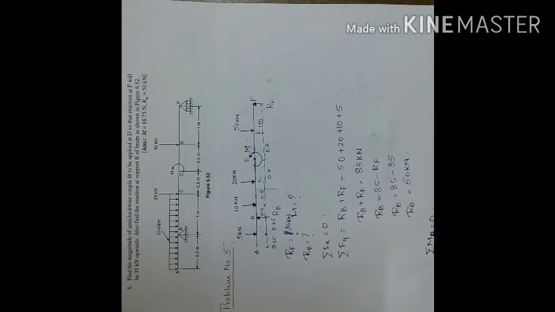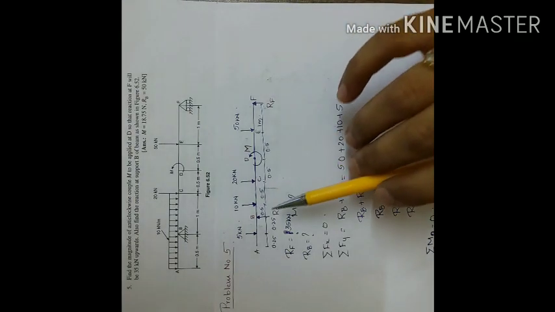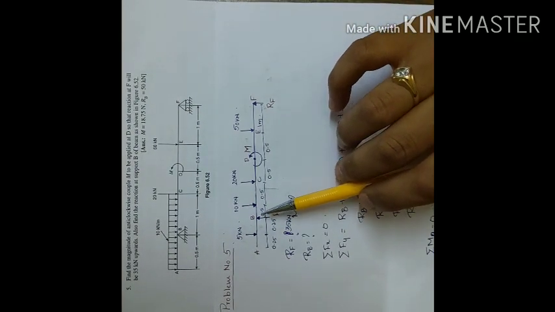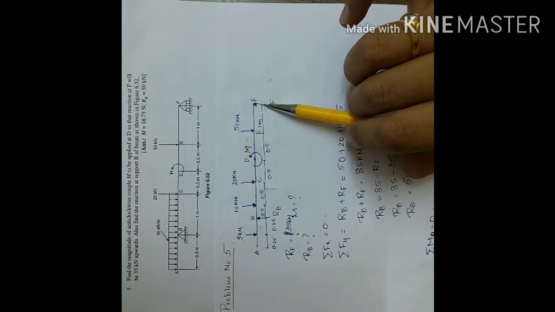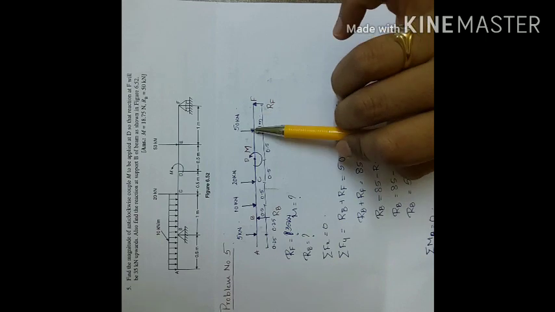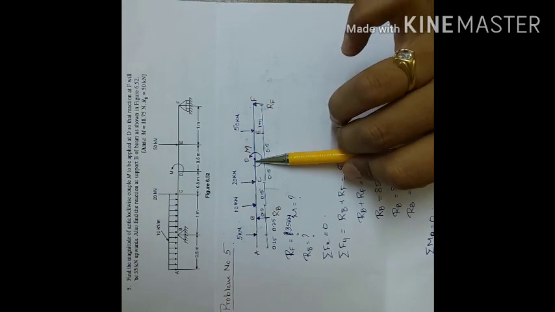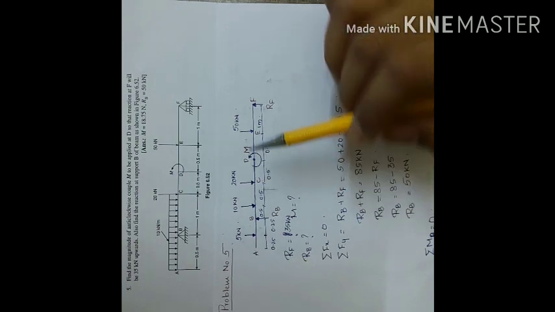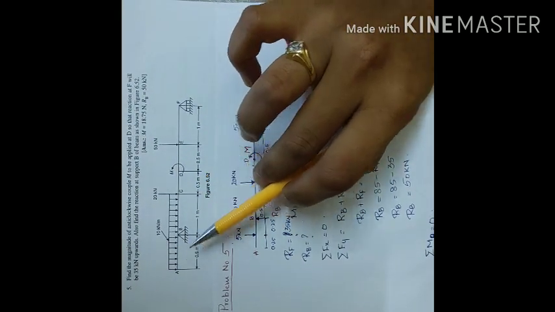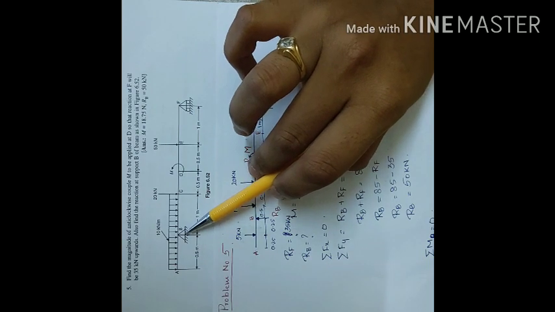So first of all we need to draw the free body diagram. Here is the free body diagram which I have drawn. We start from right to left. First you can see the reaction at F, which is developed because it is a roller support, and a 50 kilonewton force. There is an unknown M, and there is a 20 kilonewton force here, and this UDL is from C to A. In between we are having a reaction at B.